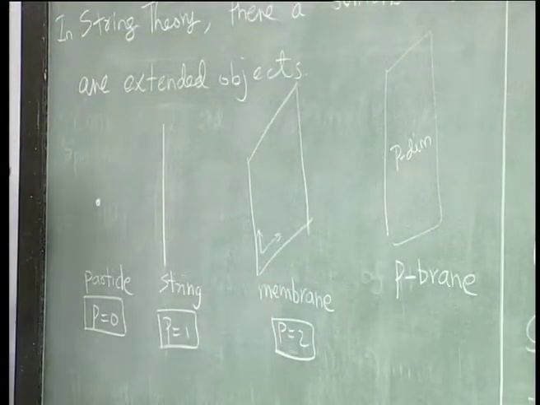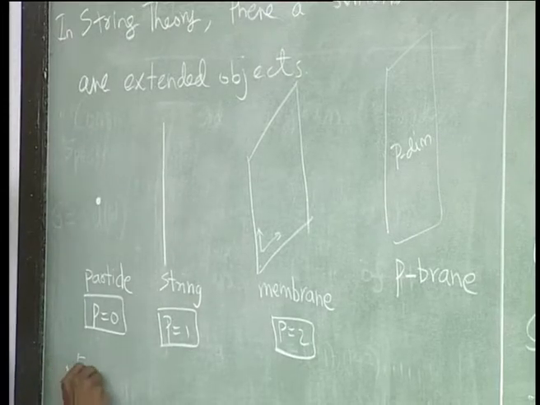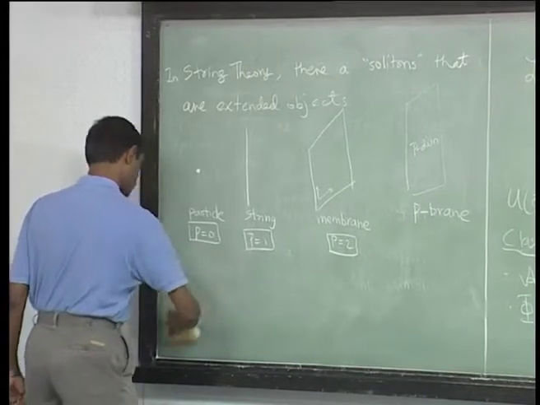So we are not looking at the string theory equations of motion or anything, but I am just saying that there is this soliton. But first thing you can see is that existence of a p brane